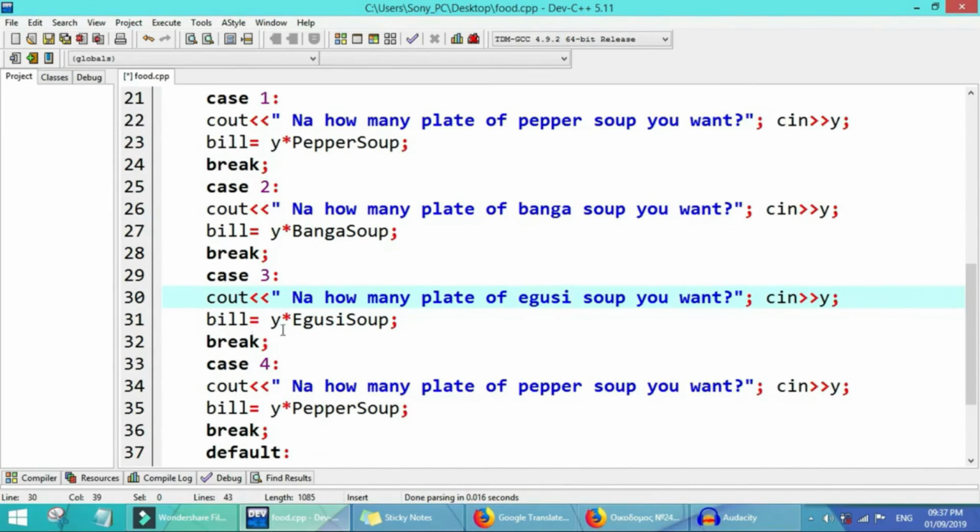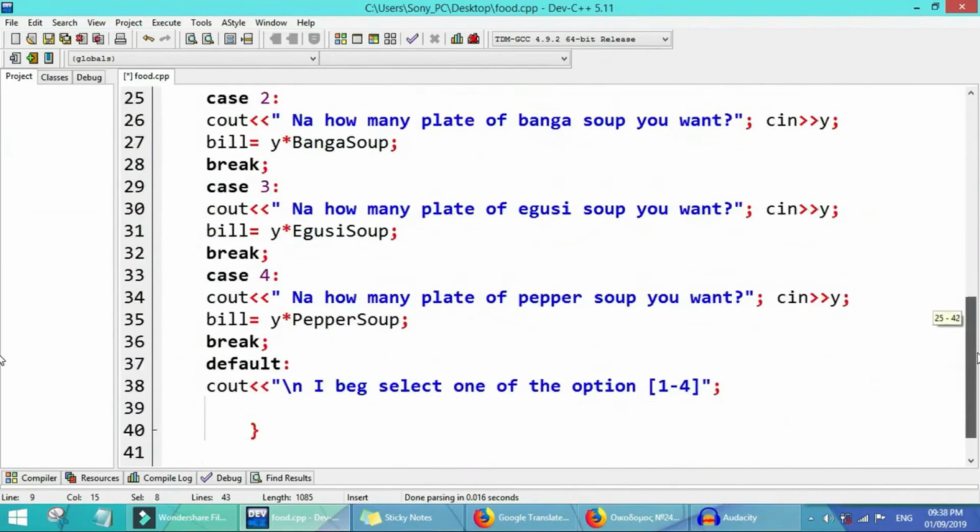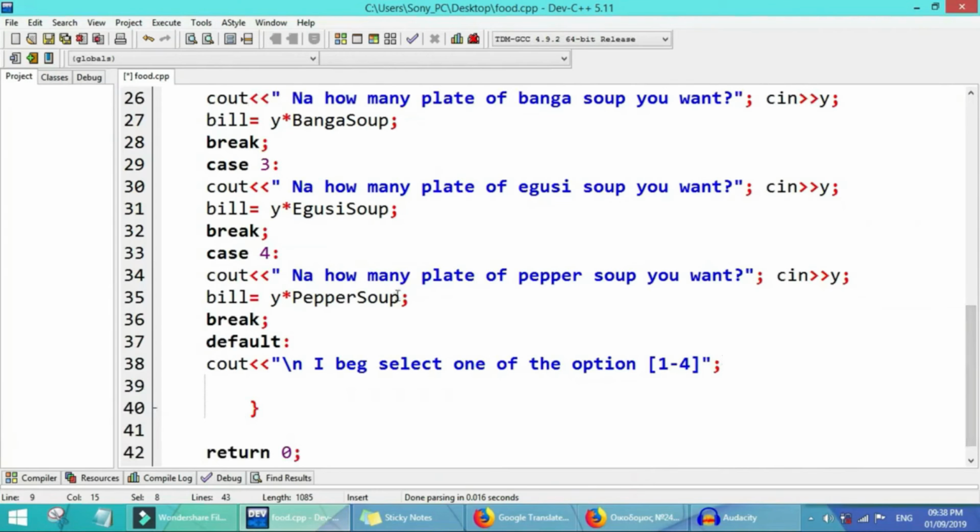Then the bill will calculate again. Then the last one, okra soup. Copy it directly just as it is. Here we put our okra soup, and again the question asks how many plates of okra soup you want.